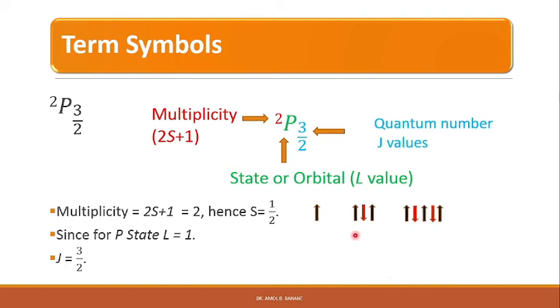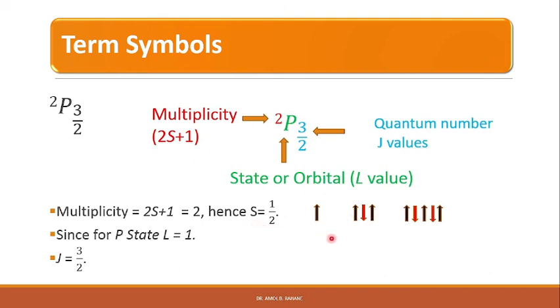That means one electron has unpaired spin. With 3 electrons, the first 2 electrons are paired in spin, and the last electron has unpaired spin. Out of 5 electrons, 4 electrons are paired, so 1 electron has unpaired spin, and therefore we get total S equal to 1 half in each case. So we cannot determine how many electrons are actually contributing to our S value.